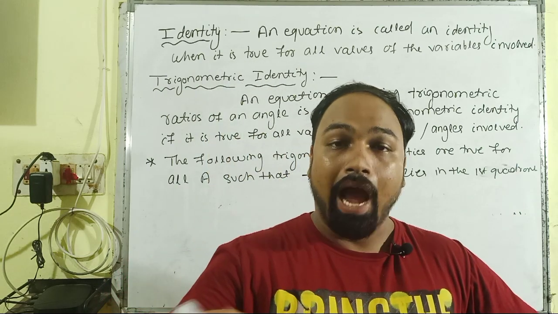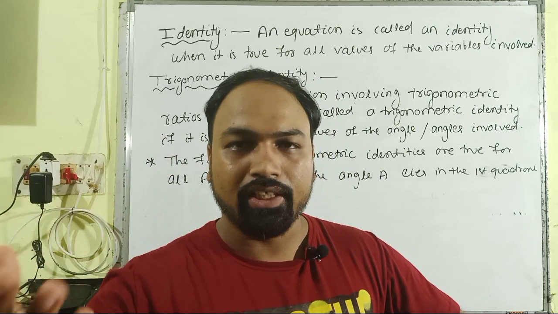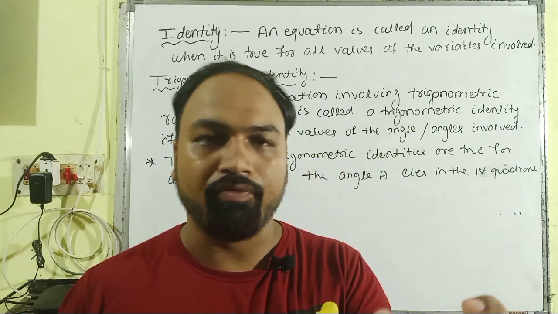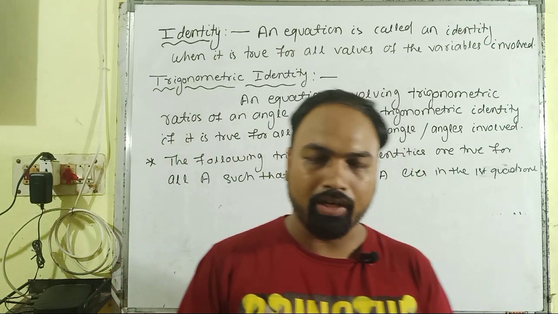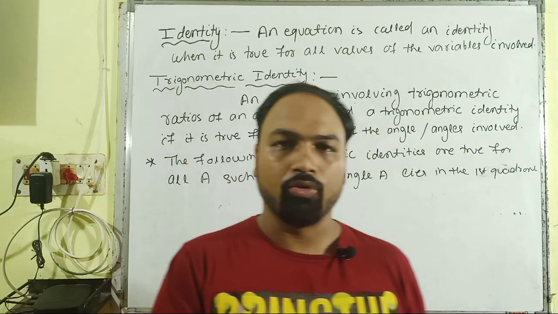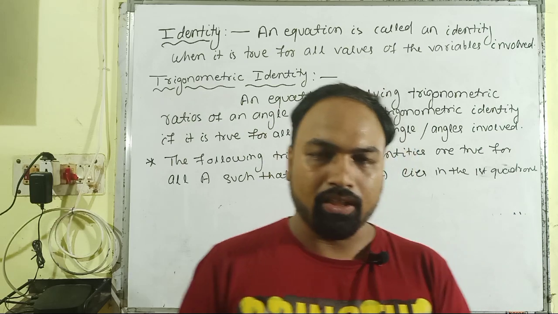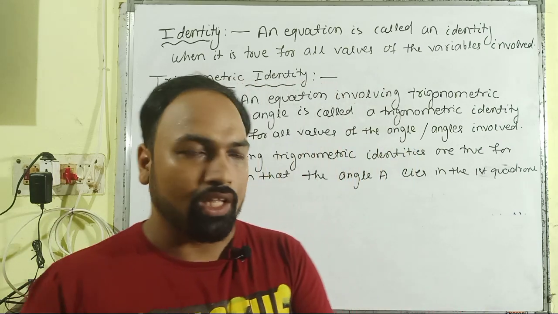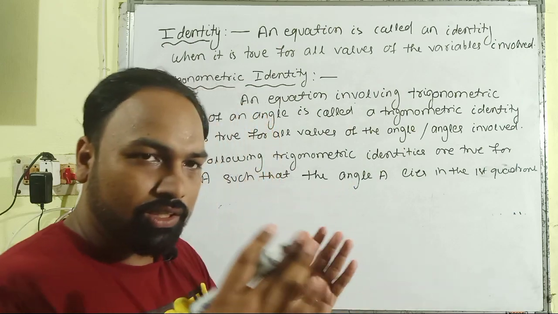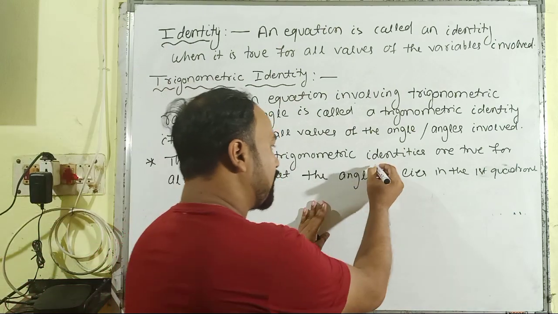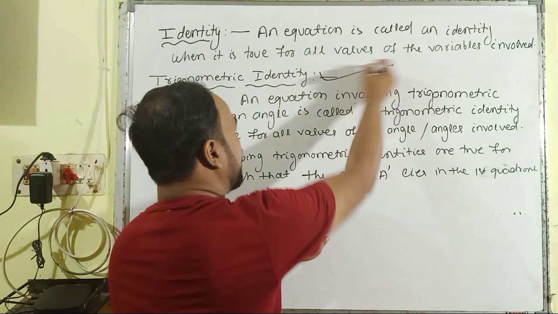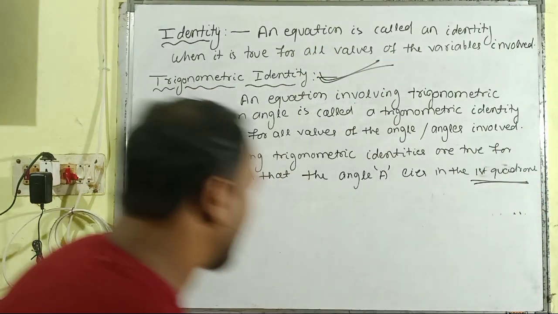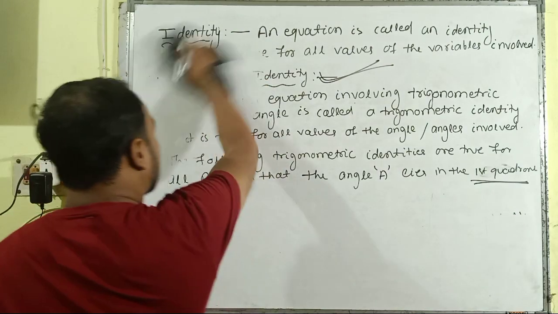Then we will see after discussing the ASTC rule. In this video, I will tell you a brief introduction about the ASTC rule, what the ASTC rule is and how it is used in the quadrants. But the total discussion of the ASTC rule will be done in the next video. In this particular session, we are going to discuss all of the trigonometric identities in the first quadrant. So let us see what the trigonometric identities are.